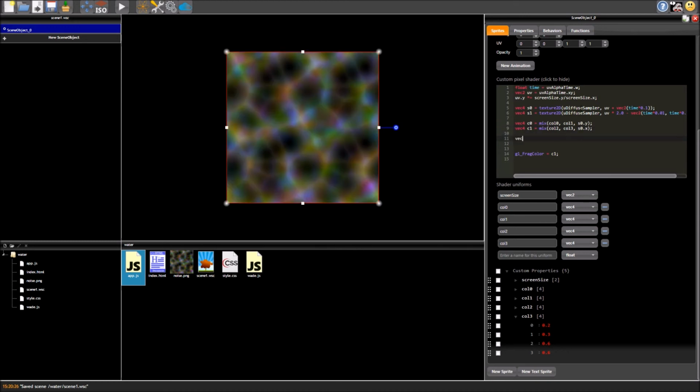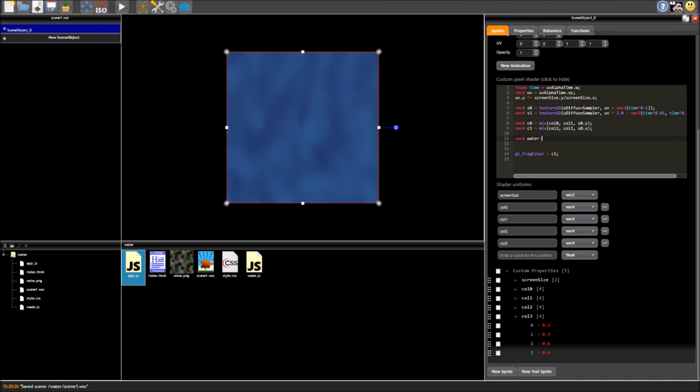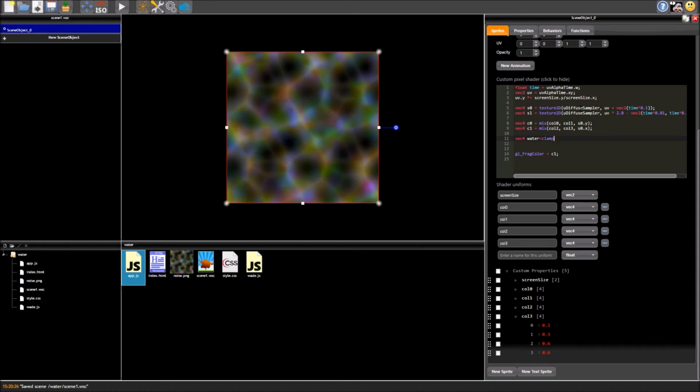So I know this is still very complex, but it's going to look a lot better very shortly. We're going to add a final vec4, and we're going to call it water. So, I'm introducing a new function here. This is clamp. What this does is it takes 1 parameter, so it takes your number, and it makes it fit in a range that you specify. So for now, I'm going to take my first color.